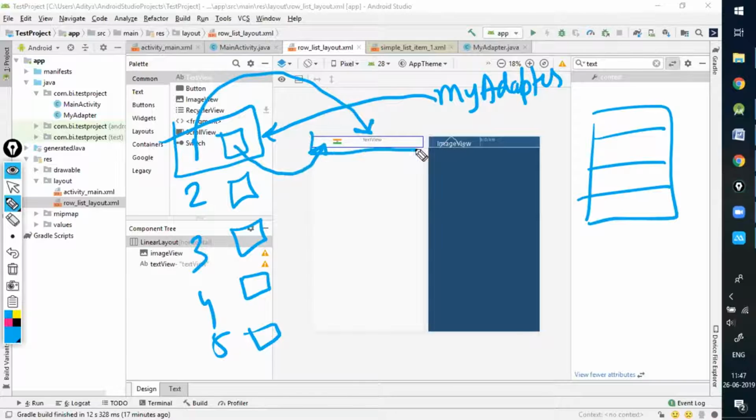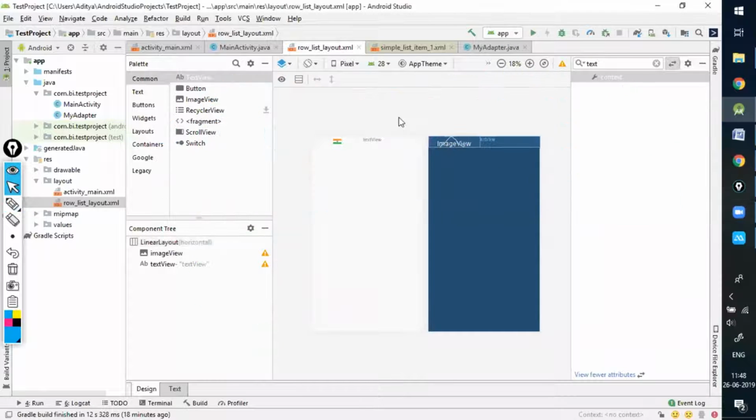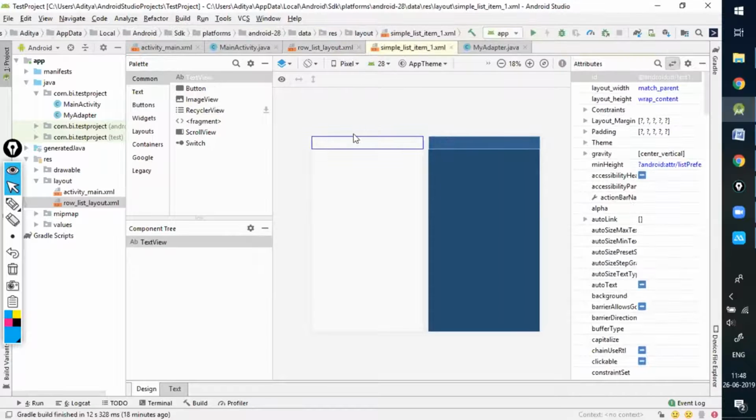Once this box gets ready, the adapter will bring it to the list view. The first element gets created. Now in the second one, my adapter will go to the second one. It will again do the same thing. It will again create a box which will be having an image. It will assign this over here. And once the box gets created, it will again push it to the second element. So that's it. So now what we did, we created a layout. The reason we created a layout is that if we would have used the simple list item layout, then this layout is having only text.